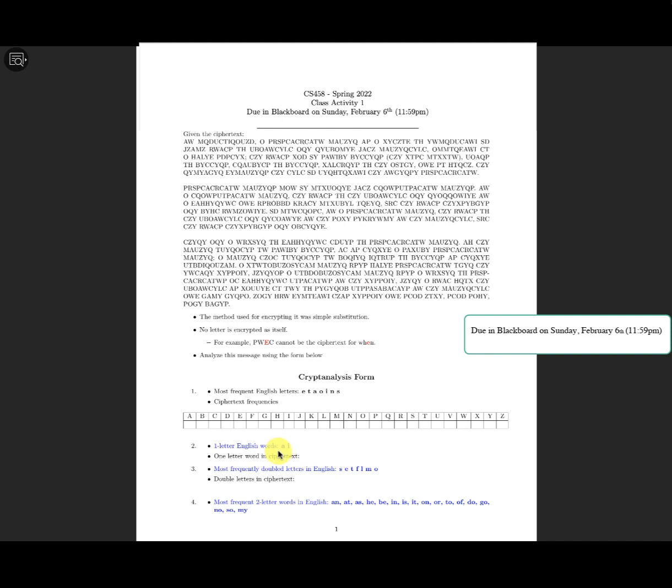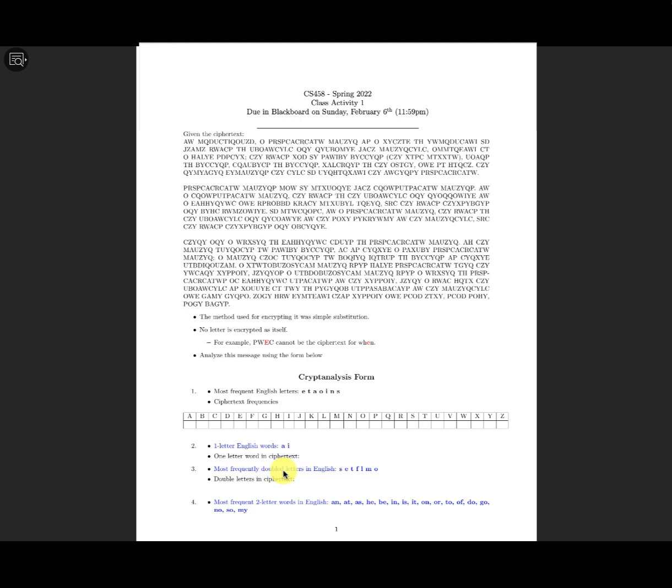Just try to figure out, for example, the most popular single letter, or to say the corresponding letter, the popular one-letter words like A and I, and substitute them. So you can put this one here: one-letter words in the ciphertext. You can find out what you found here. How many one-letter words do you see? O, what else? I think it's only O. You can add O, so O might be A, or maybe I.